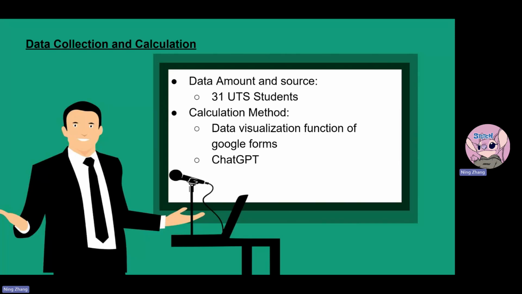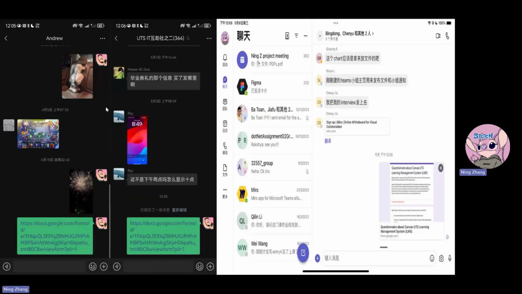Next, when I finish the survey, I collect the data and deal with the data. The amount of data is 31 responses, and it's from UTS students. Here you can see I put the link to invite students from UTS by WeChat group, by the course group, by my roommates,